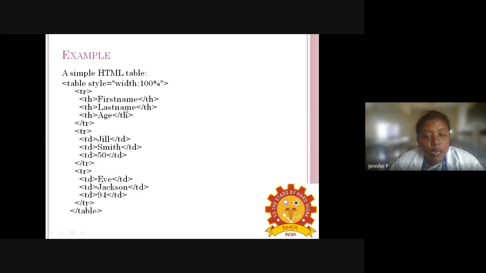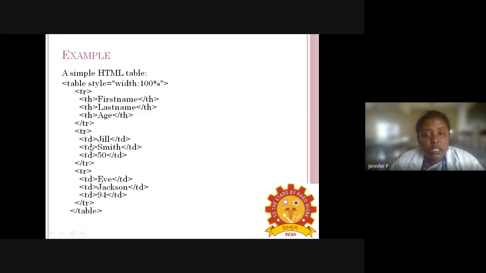So first name, last name, age. Imagine the first row is the table header: you give the first name, the last name, and the age. And it completes the first row. Next you are opening the second row, so again you open the tr tag. Here you are describing the td.